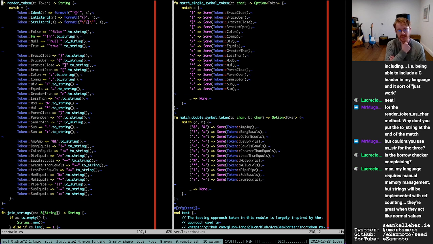So theoretically, when the values drop out of scope, they should automatically